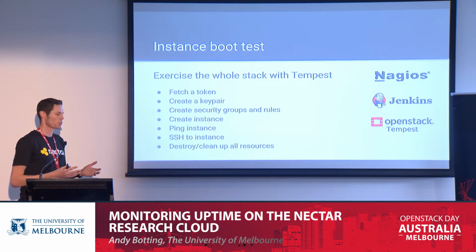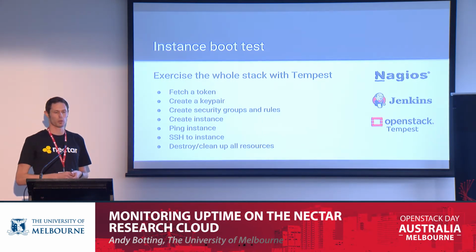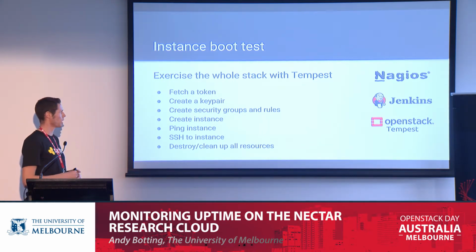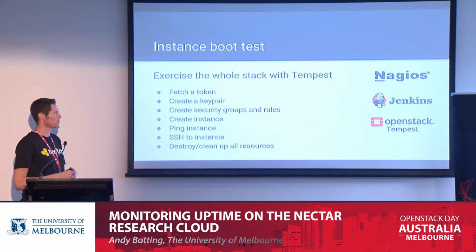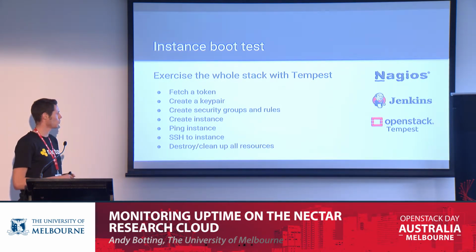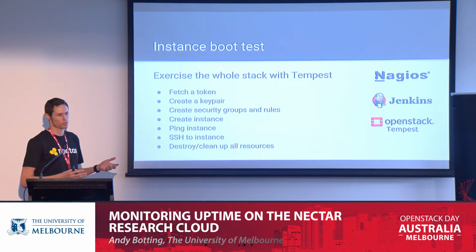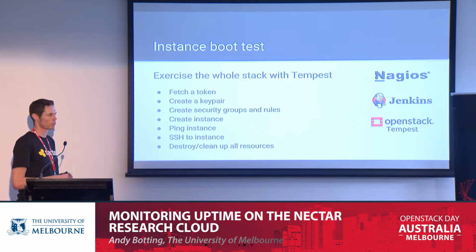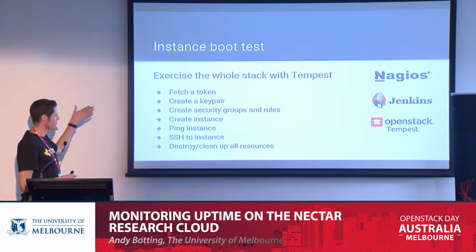So we have a virtual machine running Tempest. We use a combination of Nagios and Jenkins to run these tests. And so the test is to boot an instance in the same way that a user would. We boot a tiny instance so that it's low impact. We run it fairly regularly, I think about 30 minutes for each site, and it does all the standard things. So fetch a token,